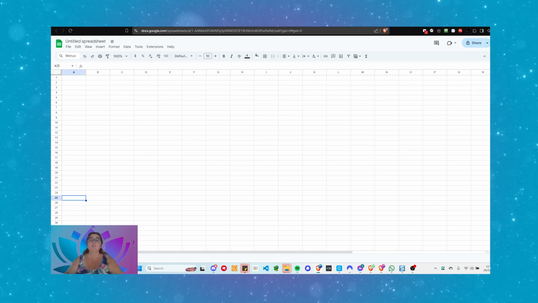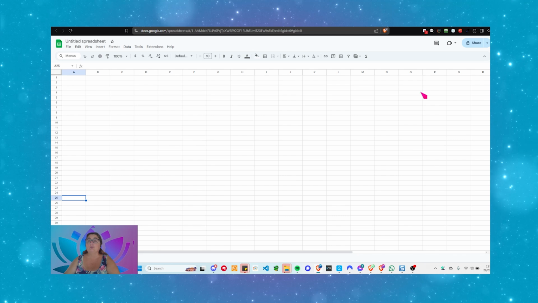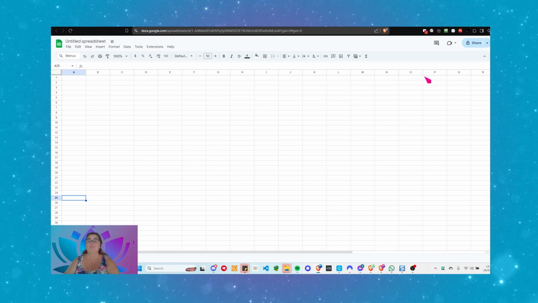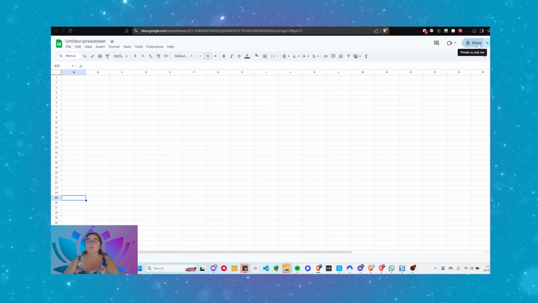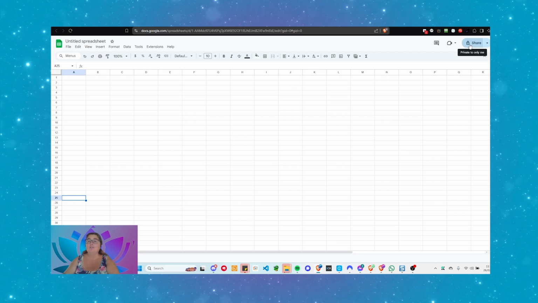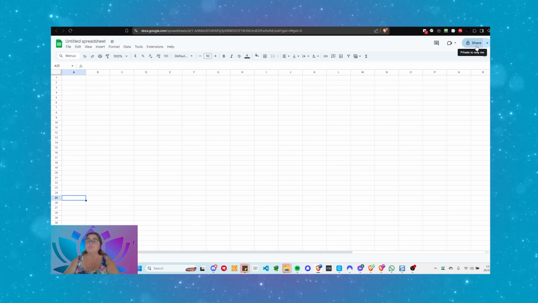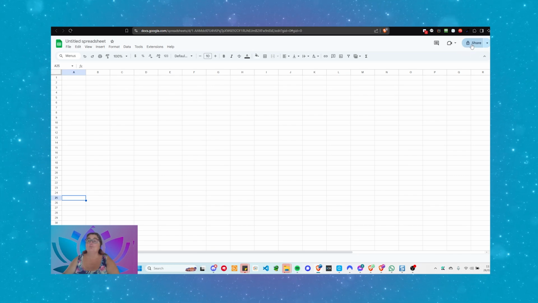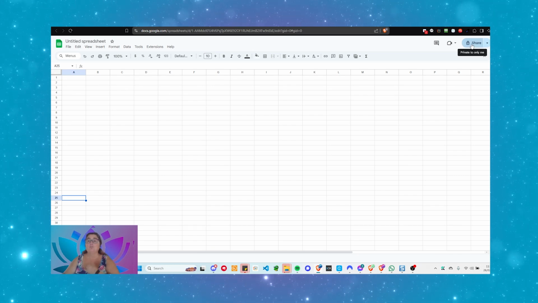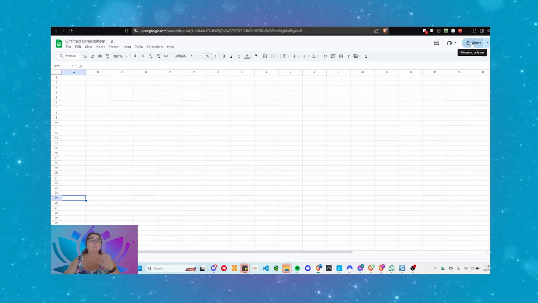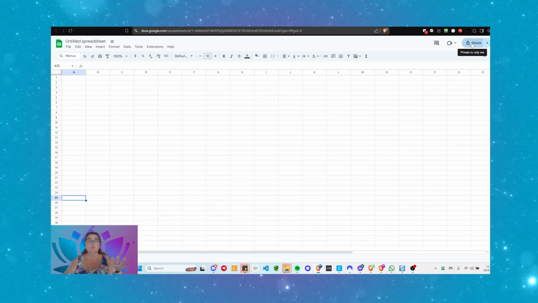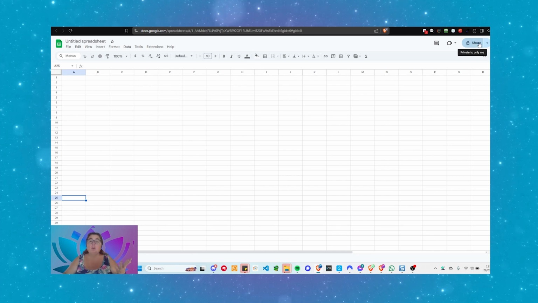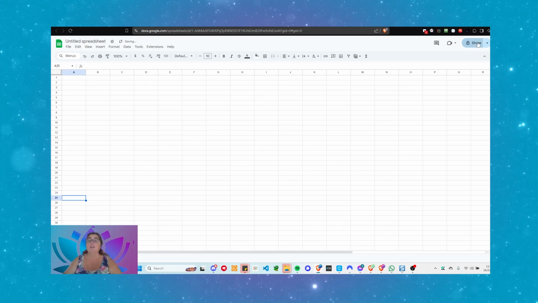So there's a couple of ways to do it. Up here, well, there's only one way to do it. There's a couple of things that you can do to share it. There we go. Up here, in our right-hand corner, we have our share icon. To share a spreadsheet, you'll notice that it normally says private to me, or to only me. So it means only I can see this. It's in my Google Workspace. It's in my Google Drive. In fact, only I can see it. If I click on that though,